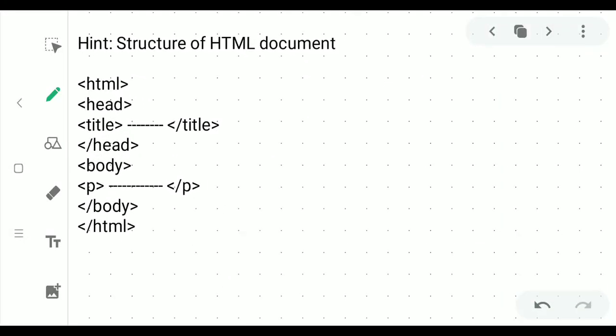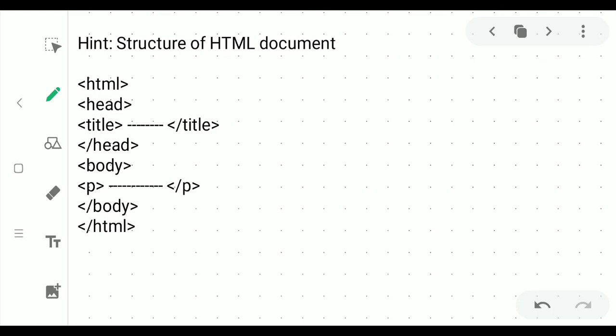As you all have learned in the previous class 7th about the introduction of the HTML, I hope you all remember it and you can do it from the previous knowledge. Just I'll give you the sample introduction of HTML. HTML is nothing but a hypertext markup language which is used to create and design the web pages.